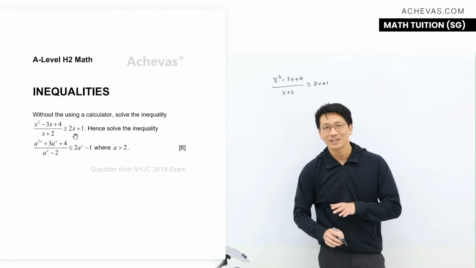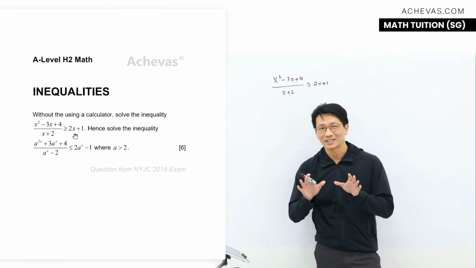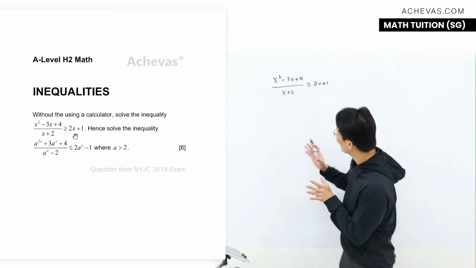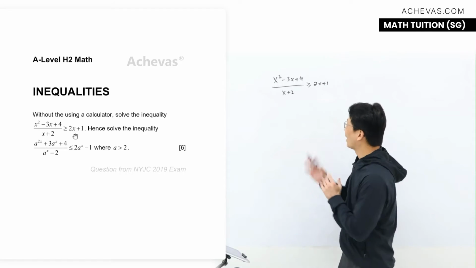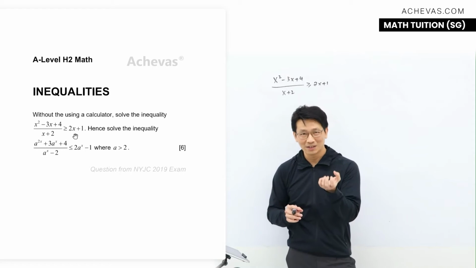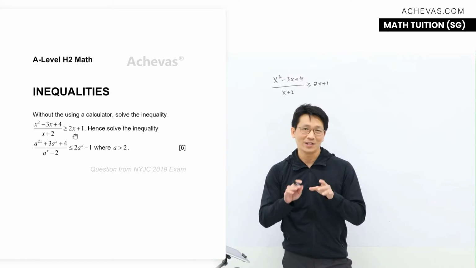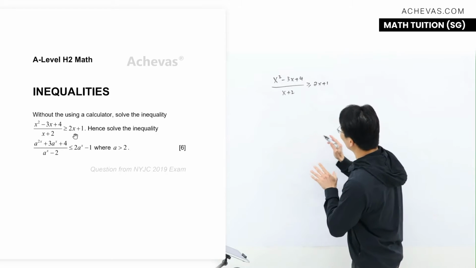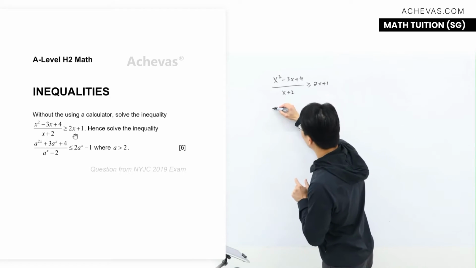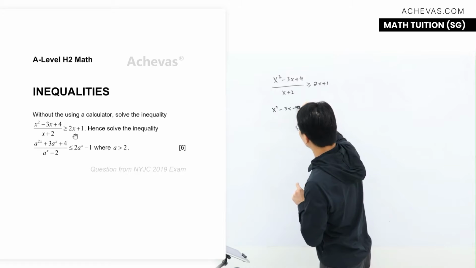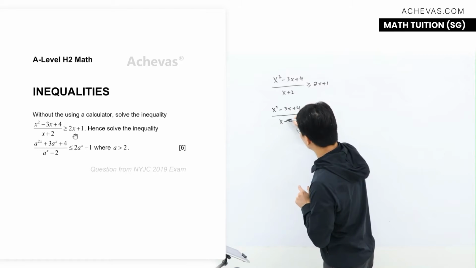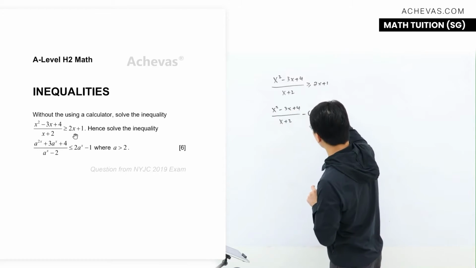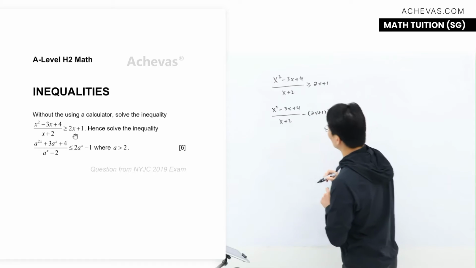For solving our inequality without a calculator, we have quite a standard process whereby we just shift everything to the left or everything to the right. Our purpose is to combine it into a single fraction and to express it into linear factors as much as possible. For this case, I'm going to shift everything to the left. We will have (x squared minus 3x plus 4) over (x plus 2) minus (2x plus 1) greater or equal to